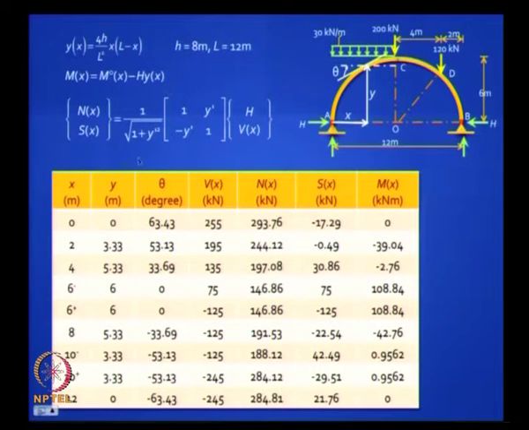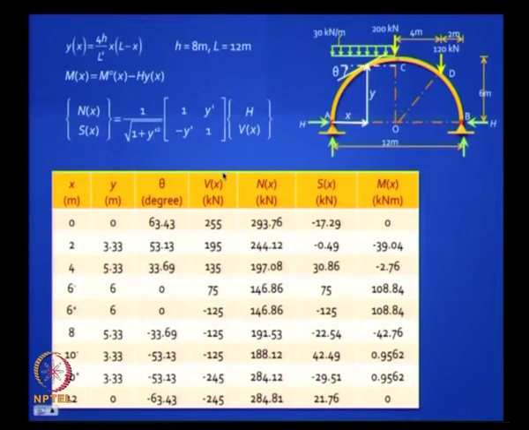So what you can do is just tabulate over a few points on the arch. Wherever you have a concentrated load acting, do not miss out that point. So we have done that: 0 meters, 2 meters, 4, 6 minus, 6 plus, which shows that there could be a singularity there because of that load. 6 is the middle of the arch, then 8, 10. So every 2 meters I have done something. It is easy to calculate all this, it is straightforward, just have to substitute this in the equation. You need to plug in.